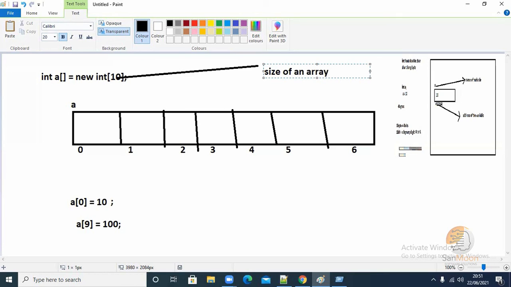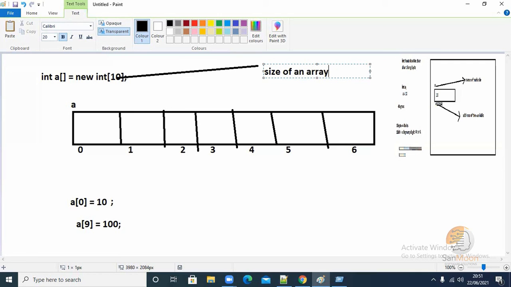And you need to remember, an array always uses only one data type. I cannot declare multiple data types at a time. Something like, within 10 elements, 2 elements float and 3 elements integer, like that I cannot do. I can only do it with one data type.